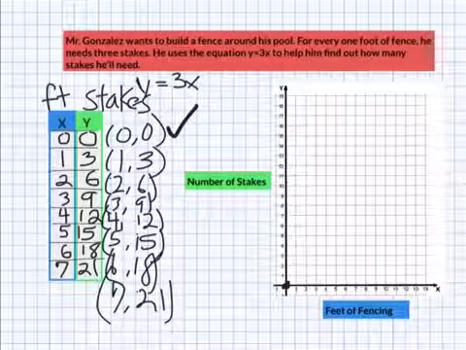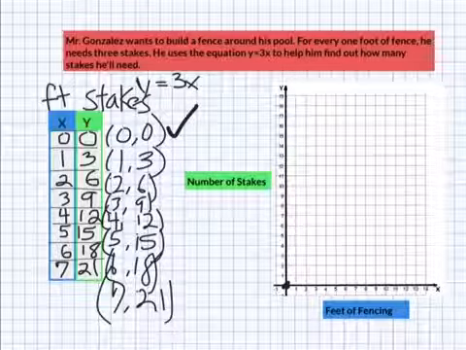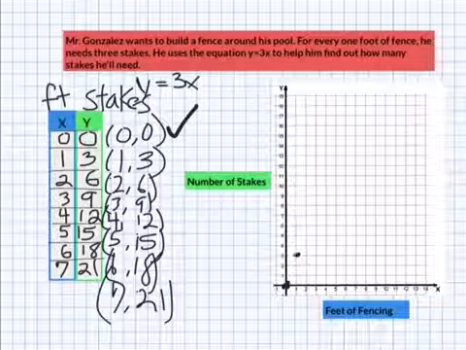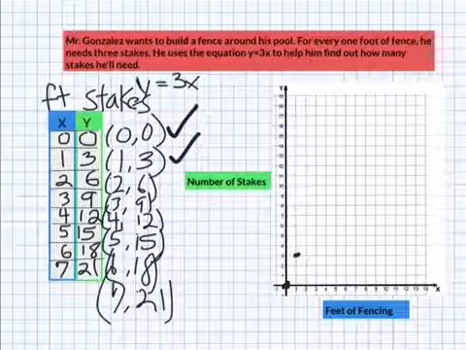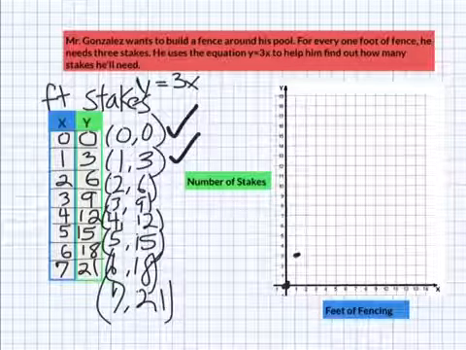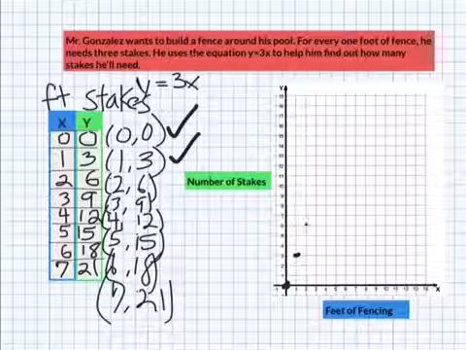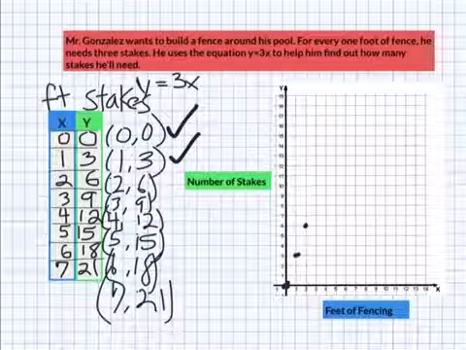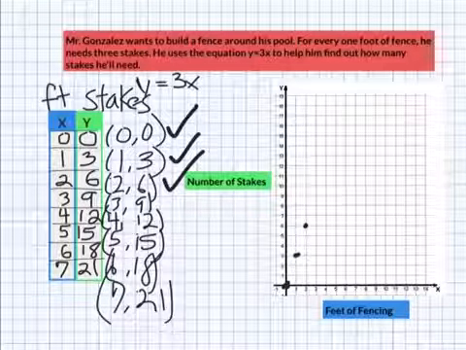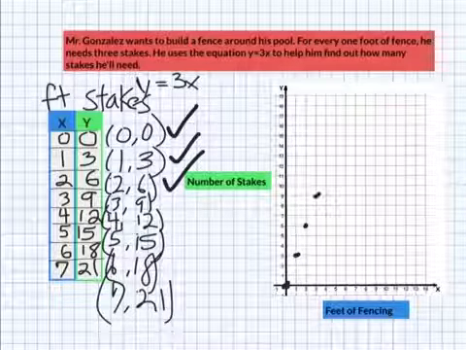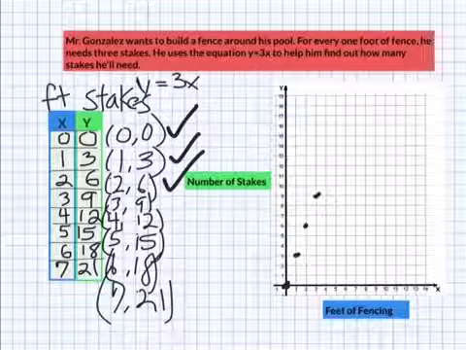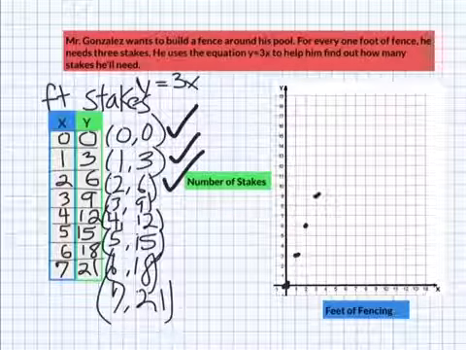The next point on the line is (1, 3). So when we have 1 foot of fencing, it means we need 3 stakes. There's our dot. All right, well, what about 2 feet of fencing? We need 6 stakes. It's hard to make the dots really nice and neat. All right, when we have 3 feet of fencing, we run 3 and then we jump 9. And when we have 4 feet of fencing, we need 12 stakes. So we're going to graph that